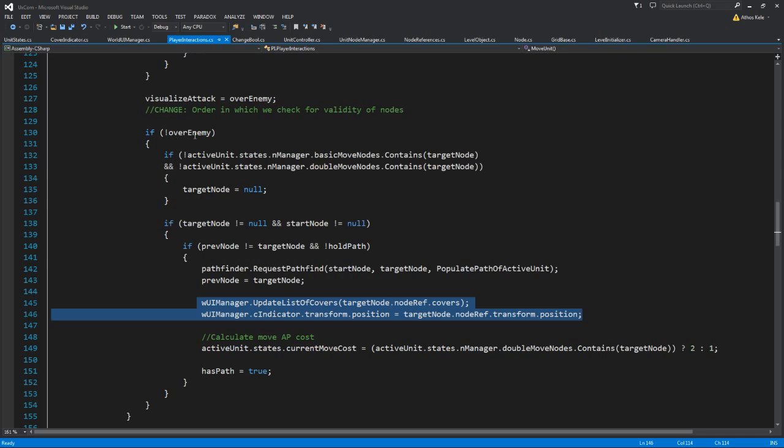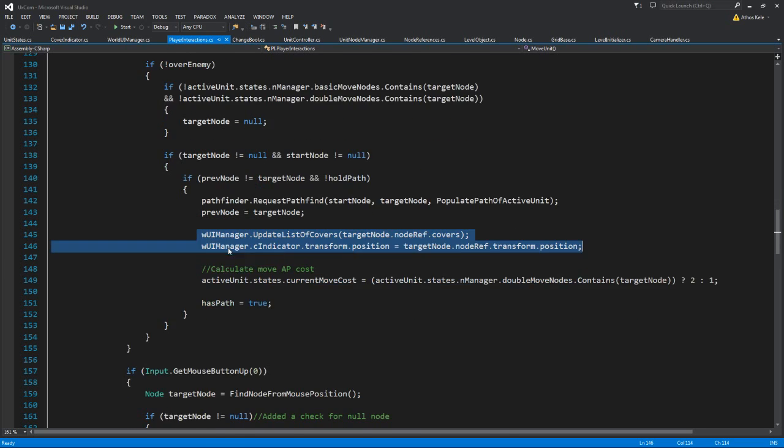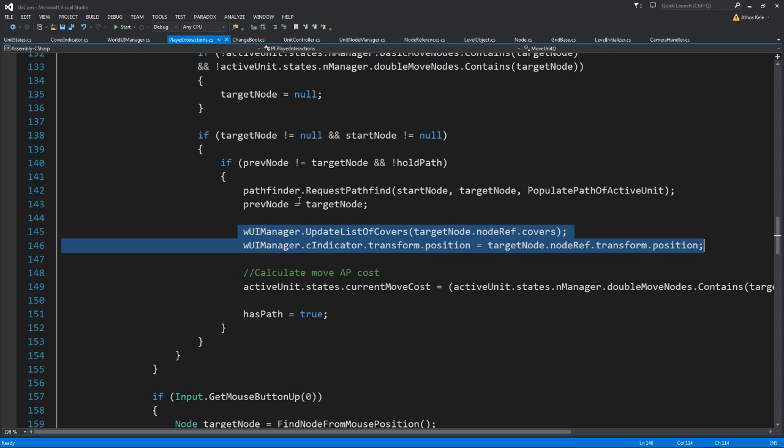If the target node didn't have an enemy and it was inside our basic move and double move nodes, before we request the path find, or after we request the path find,